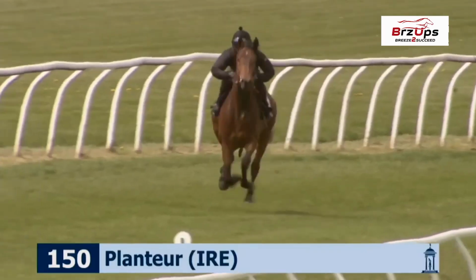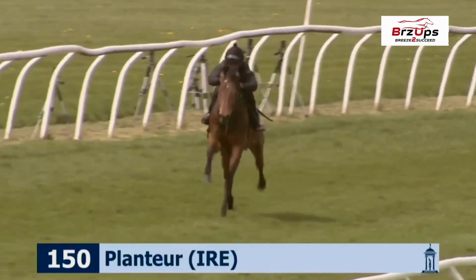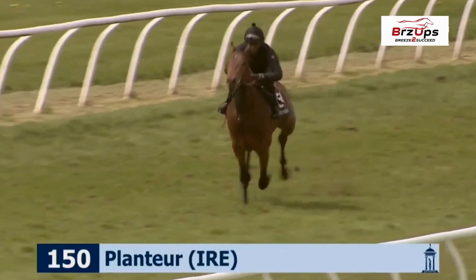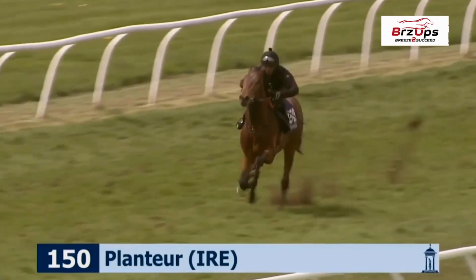So that leads us nicely onto some of the biggest success stories coming out of the breeze ups for Anthony Bromley and Alan King. And we have to start with a colt by Planteur. Lot 150 he was back in 2018 for you. And I'd like to start, as you mentioned, you do always start with the pedigrees, or tend to start with the pedigrees anyway. So what was it that...